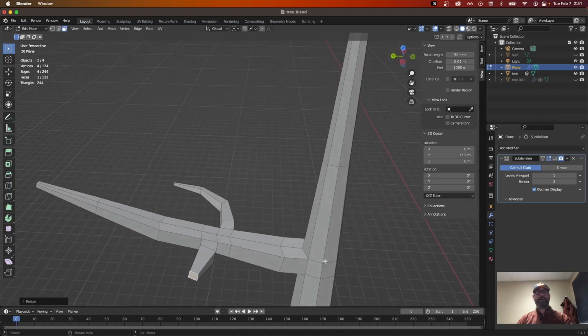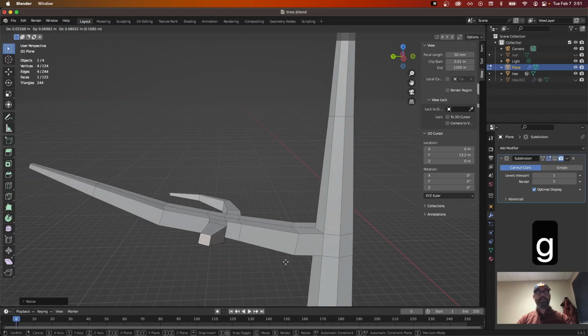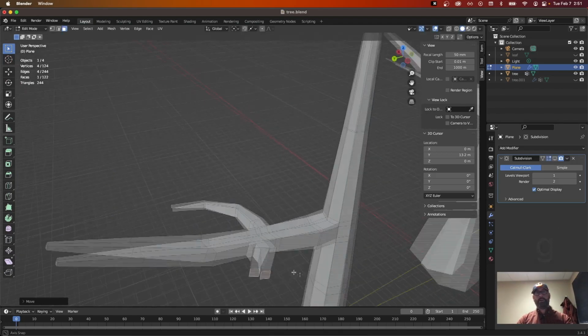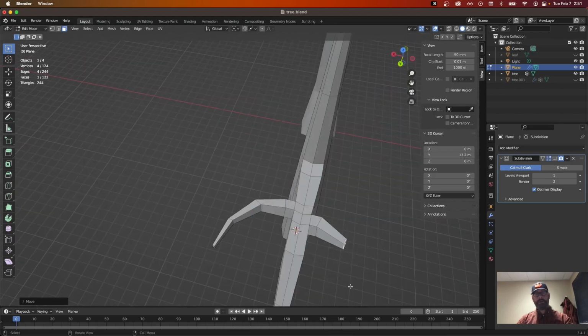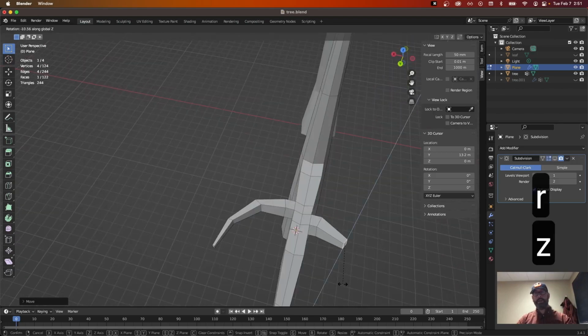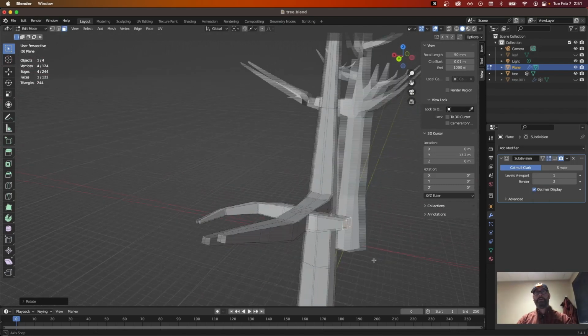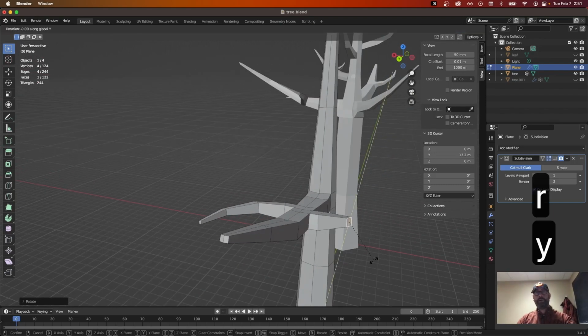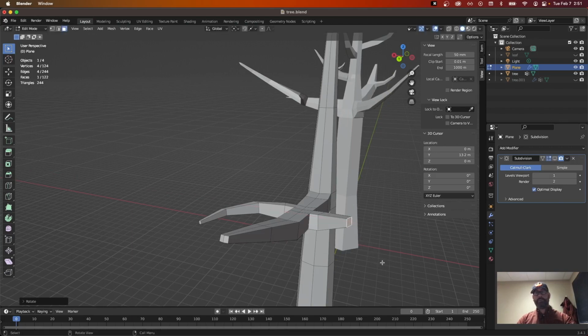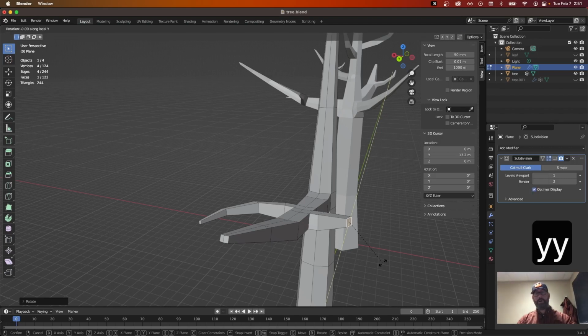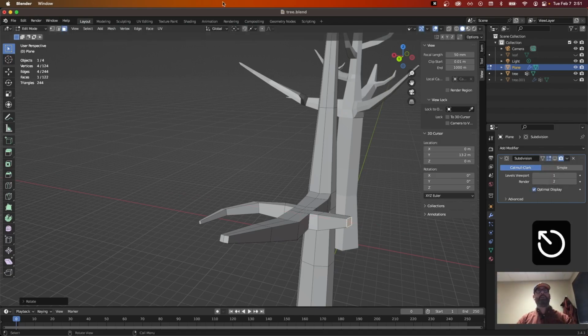And if you don't like where it is, you can always just tap the G key and move it. That's something you can do. And then RZ. And I want this one to go up a little bit, so RY. What about X? Got some ability to do X too. Well, what happens if we tap RYY or escape RXX? We can get into what is called